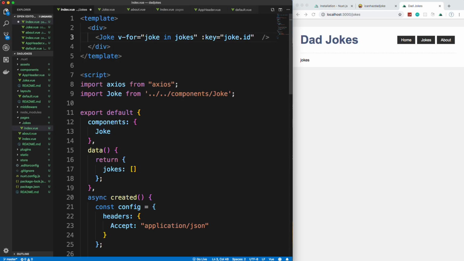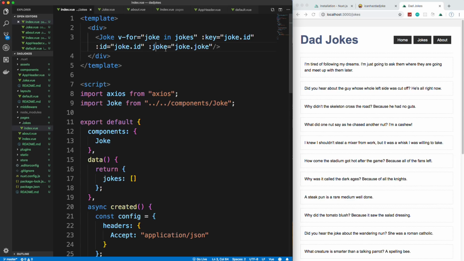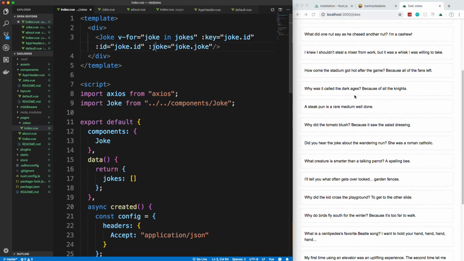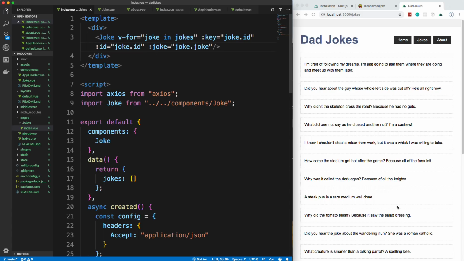All right. Now, we have two things to pass in as a prop, the joke itself and the ID. Remember, we listed those as props. So let's say we want the ID is going to equal the joke.id, and then the joke itself is going to equal joke.joke. Okay, so let's save that. And there we go. So each of these is a joke component that's getting passed in the data that's fetched